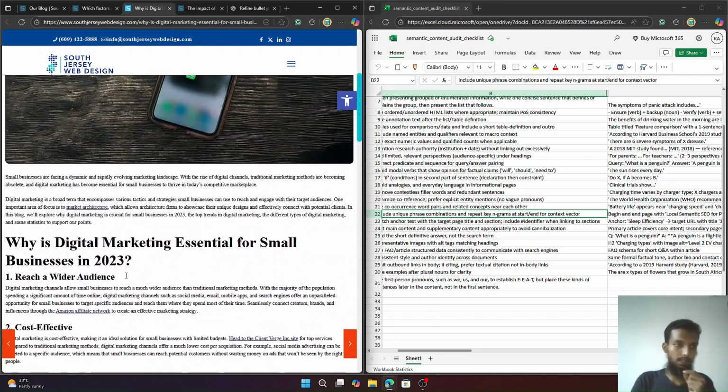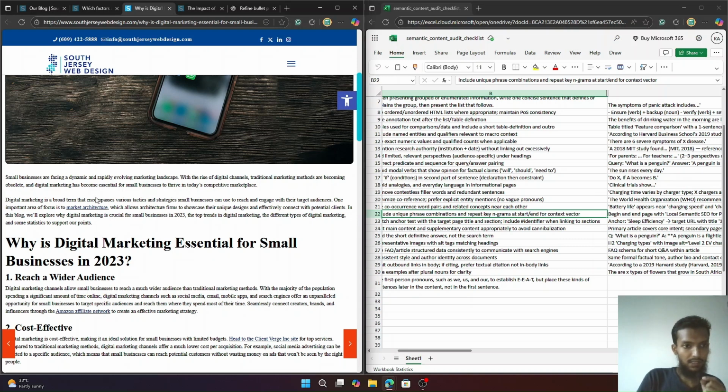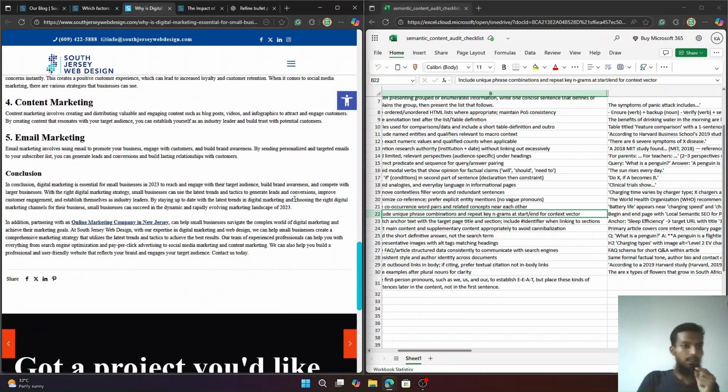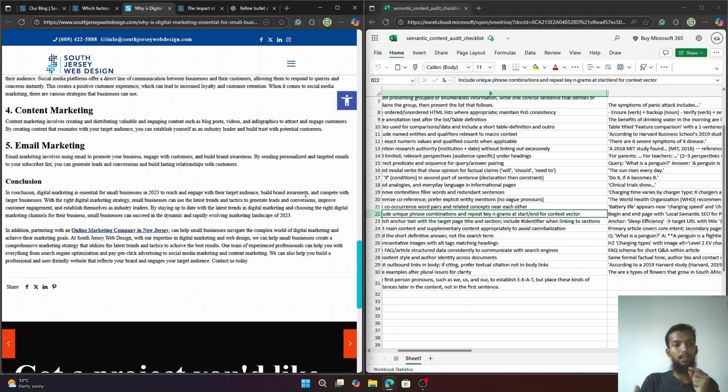Let's see, they talked about small business, digital marketing, architecture firms, and our target audience. And in the conclusion, they also use digital marketing, small business, and they could also use architecture, just like they talked about in the introduction. So the key here is to use similar n-grams in the first and the last headings, so that Google can connect the dots from the first to the last of your article. So yeah, maybe they can improve it here as well.